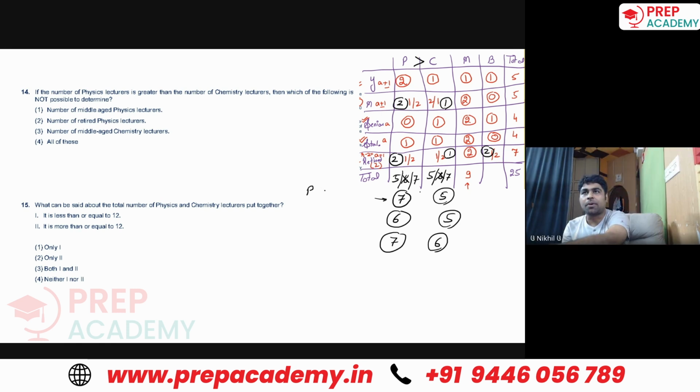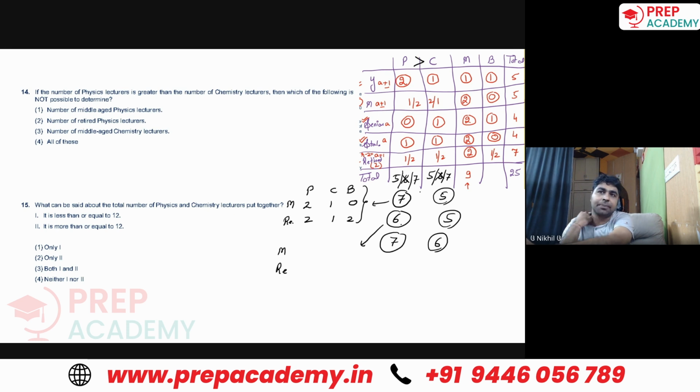So if I talk about PCB and PC and B data, and here only middle age and retired, these are the two portions to be fulfilled. Now in this case, this would be 2, 1 and 0 anyways, and this would be 2, 1 and 2. So I just noted down this case here. Is it clear? Now, if the second case has to be there,